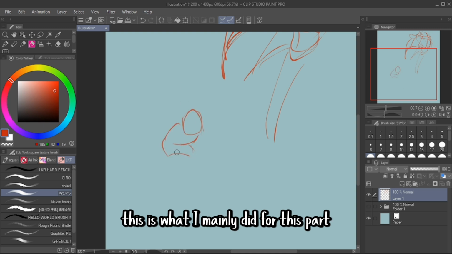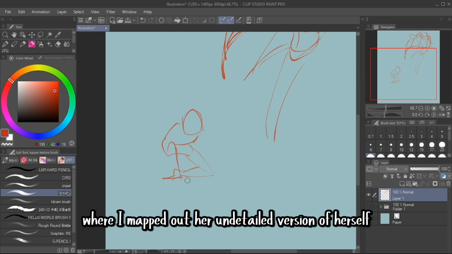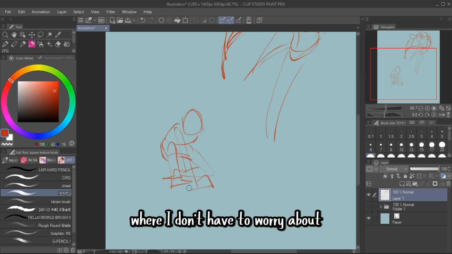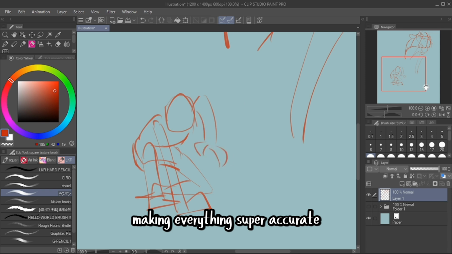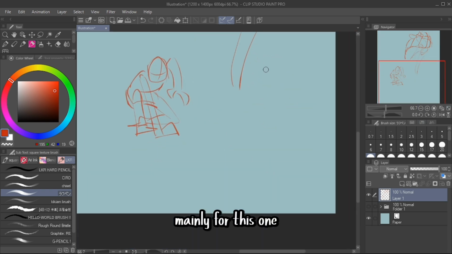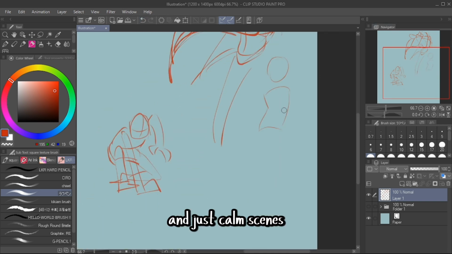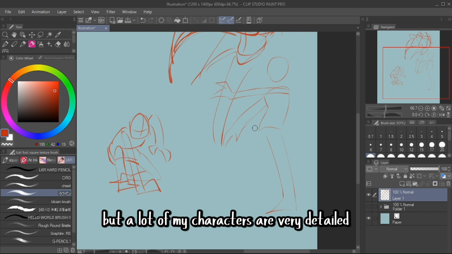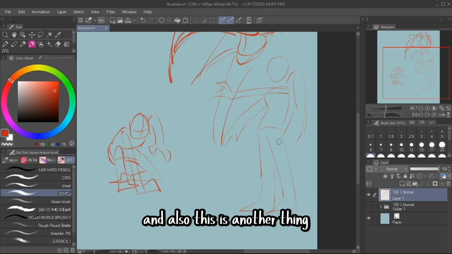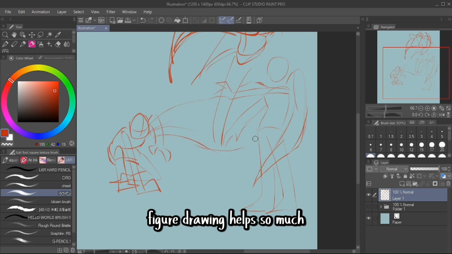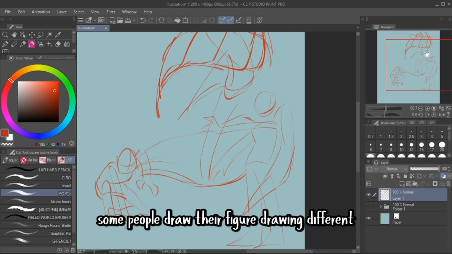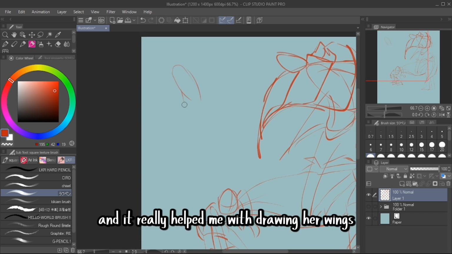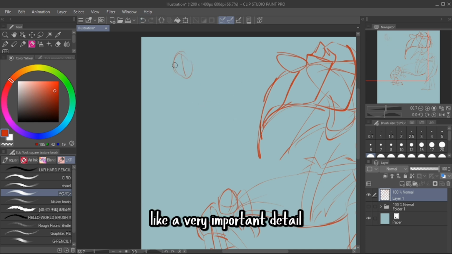This is what I mainly did for this part, where I mapped out an undetailed version of her, where I don't have to worry about making everything super accurate. This is supposed to help me when I'm drawing action poses and calm scenes, because I find it really hard to draw details in those scenes, but a lot of my characters are very detailed. Also, figure drawing helps so much. This is my version of figure drawing. Some people do their figure drawing differently, and it really helped me with drawing her wings, which are a very important detail, since